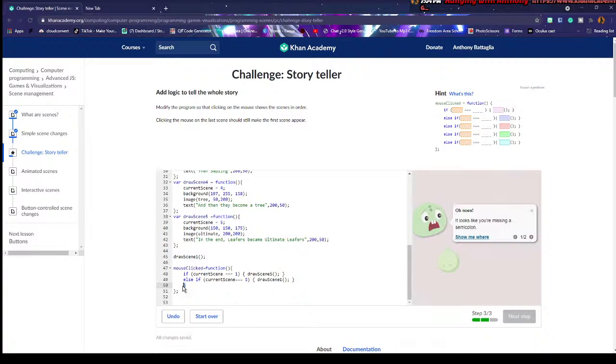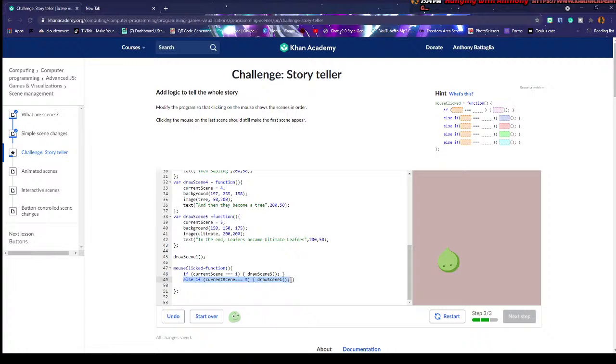Oh wait, let me select that one. Then else if, wait a minute, instead of just saying else if, else if, else if, let's just copy paste, because copying and pasting is a good thing and a bad thing. But this, it's a good thing. So scene 2, draw scene. If the current scene is 3, draw it to 2, 3. So 3,